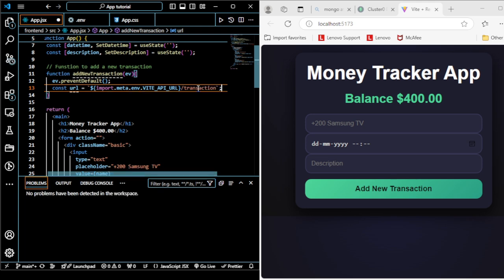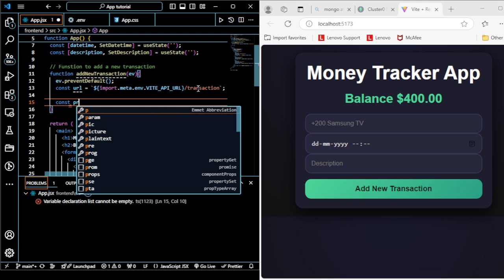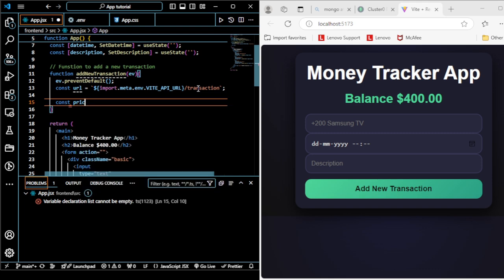This, then we are going to extract the part which we have given for our backend as